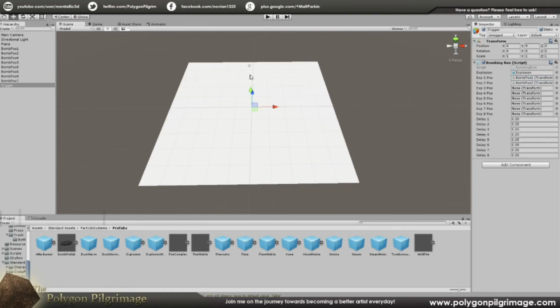So there's 2, and I don't know why 3 and 4 are backwards from one another, but that's okay. 3 and 4, and 5. And once these are all set, you can actually take them and move them around. So if you want a particular pattern, you can do that as well. 7 and 8. There we go. Now my delays are all set. Everything's all set. And now because this script is on trigger, that's what will allow me to hit the T